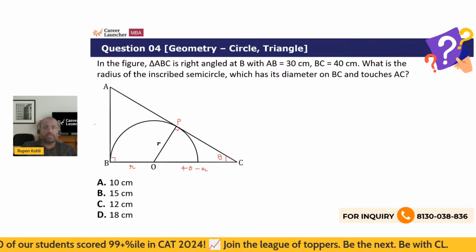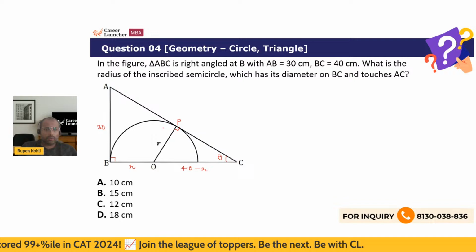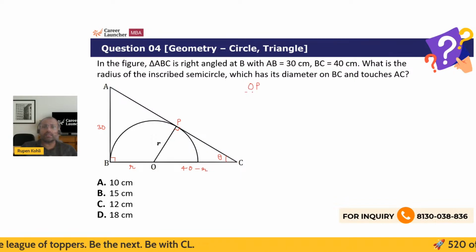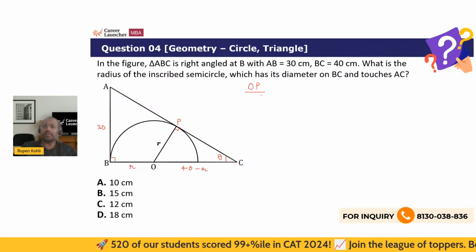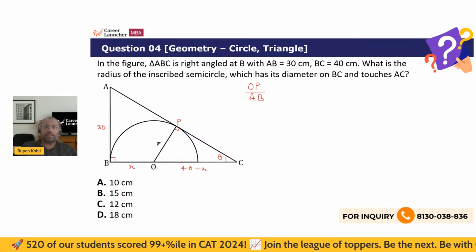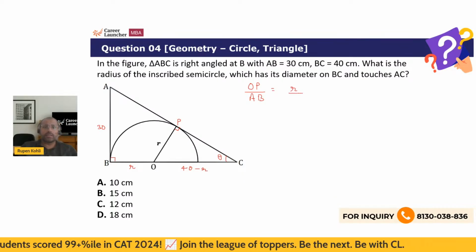This is already 30, right? So what we can say, opposite to theta we have OP. I'm writing the condition of similarity that the ratio of corresponding sides is same. Opposite to theta we have OP, which is R. Opposite to theta we have AB, which is 30. So OP by AB, OP is R, AB is 30,